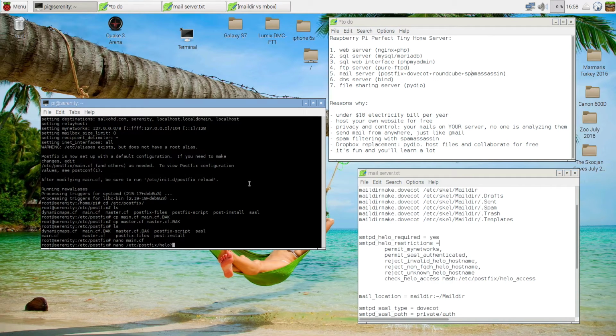postfix hello access. I'm writing this so in case you're not inside the etc postfix folder, you know where to create it. I could just create it here because I am already located in this folder. As you can see, I'm already inside etc postfix, but so I could just say nano hello access and it will be created inside here. But for those of you who like to copy paste commands from your home folder, let's do it like this: